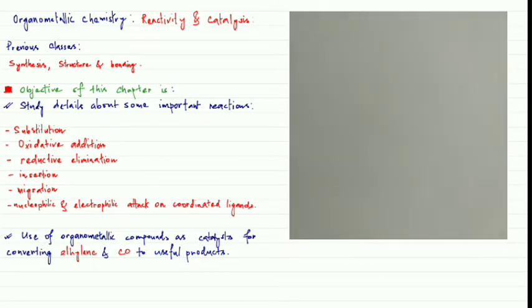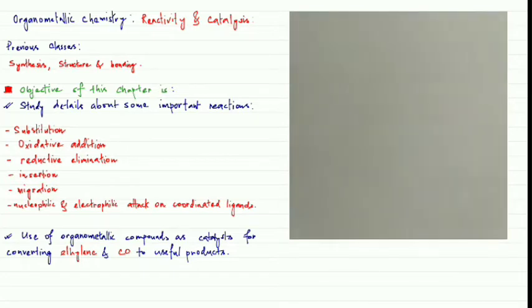Okay. So basically, we're going to divide this chapter into two parts. The first part we're going to discuss their reactions, that means the reactivity part, and in the later part of this chapter we're going to discuss the catalytic nature of the different important organometallic complexes. Mainly, we're going to discuss the catalysis for converting ethylene and carbon monoxide to useful products. Okay, so coming to the first part, here we're going to discuss some important reactions,